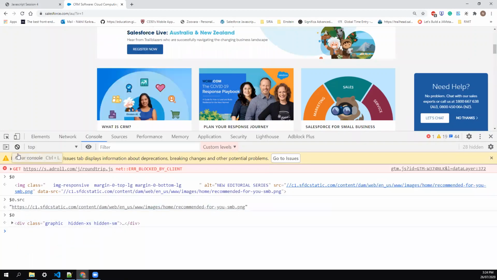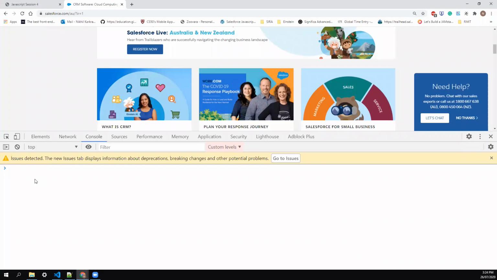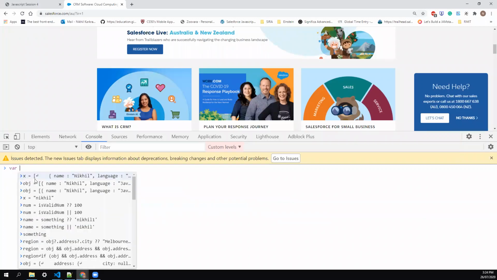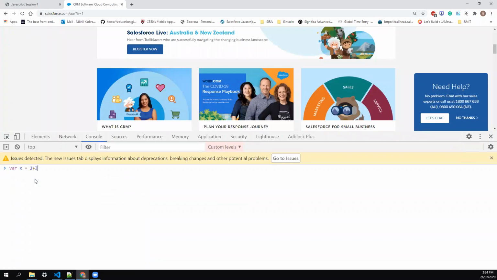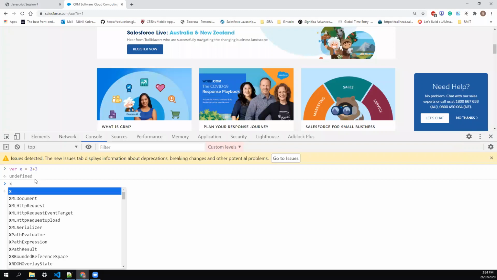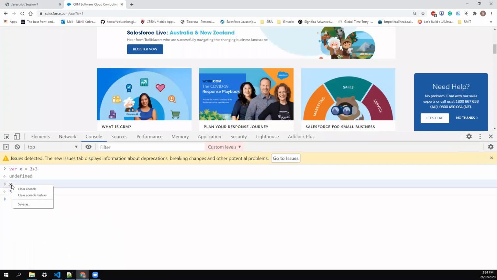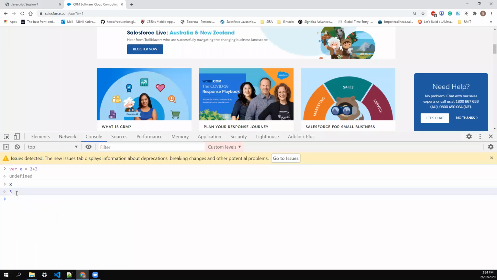Apart from that, there are some other features, like when you're doing some calculation here, x2 plus 3 or something, and I print x. I forgot that one, but it is more like you can store the variable temporarily as well.